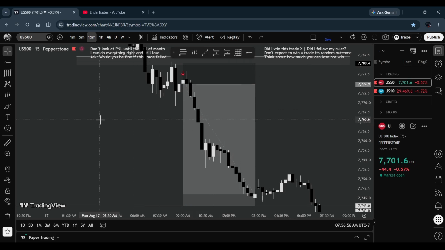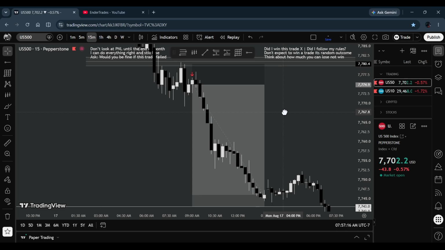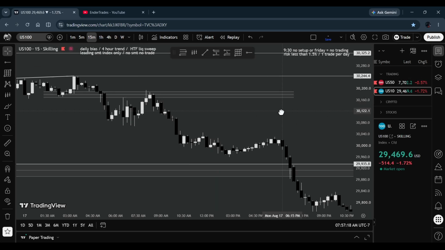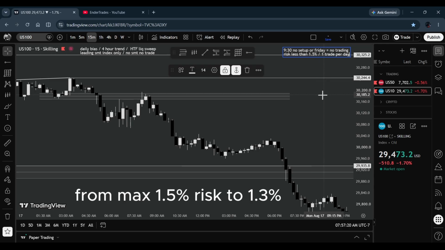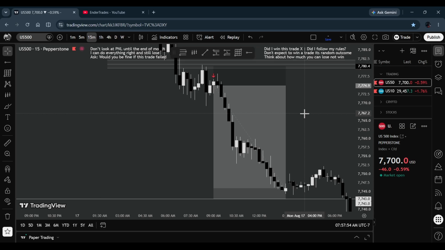Maybe we're just getting really good price action recently, but I feel like I've made way too much profit on this trade. Emotions could be harder to deal with because of that. And usually if you have higher risk reward trades, then you should risk less. So this is what I'm going to do. I'm already risking like 1% per trade, but I'm going to lower it to less than 1.3.